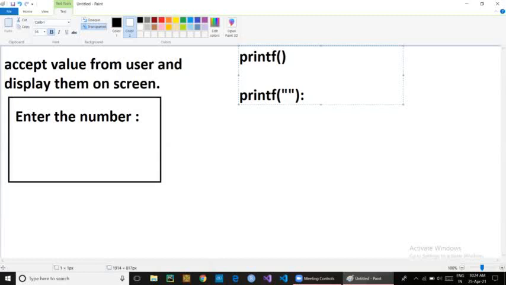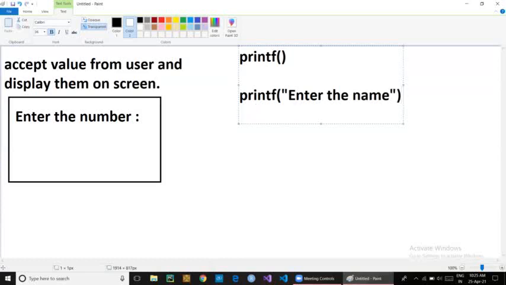Inside those double quotes, whatever content you want to display on your screen should be written. So if you want to display "enter the name", then you should write the statement enter the name inside the double quotes so that it will be displayed on your screen.